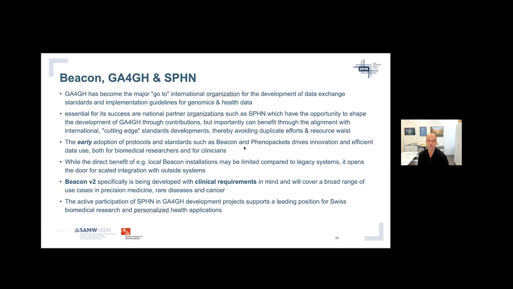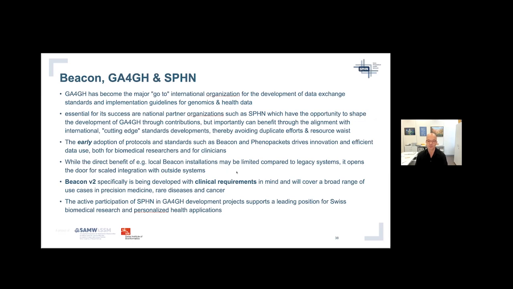However, if you implement open protocols such as Beacon, you already benefit from the possible integration with outside data resources, for instance, to get variant information directly integrated with your local EHR systems from the outside using the same protocols. And Beacon version 2 is specifically being developed with clinical requirements in mind.